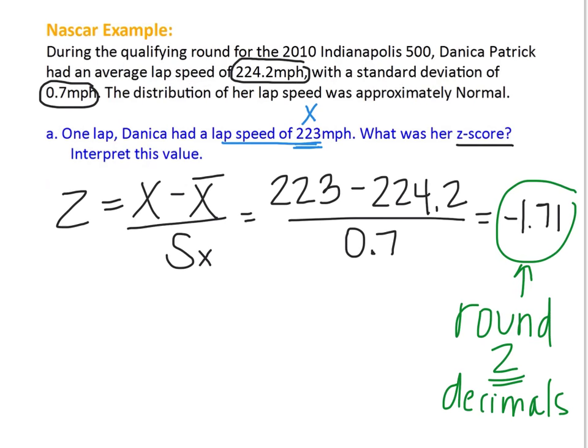So her z-score is negative 1.71. It asks us to interpret this value. So when I go to interpret this value, I want to talk about the number of standard deviations away from the mean her lap speed of 223 was. So when I go to interpret, I would say on this lap,